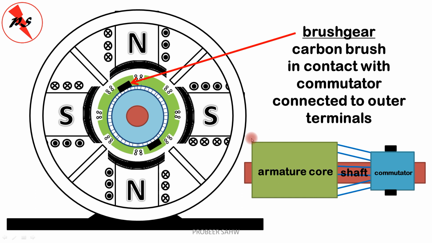Right? And if it works like a DC motor, then it will collect DC current from the external supply. It will pass to the brush, then it will go to the commutator, and commutator will pass the current to armature winding in form of AC. So the internal working of DC motor is AC in nature, but from outside on the terminals it works as a DC machine. So this is all about the construction of DC machine.